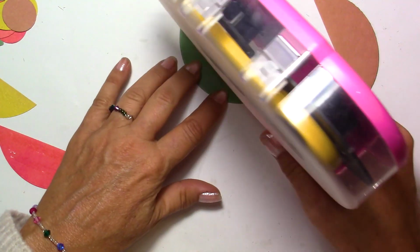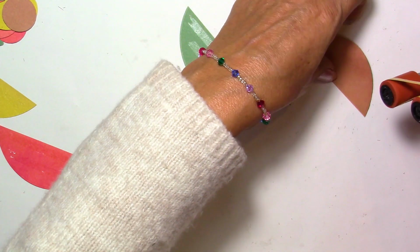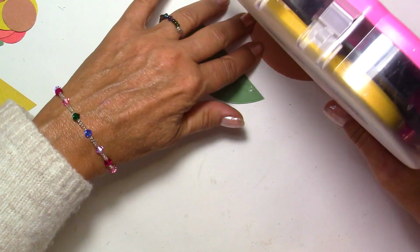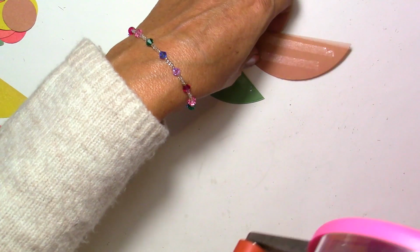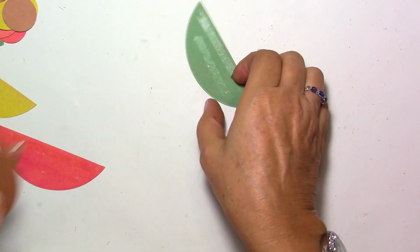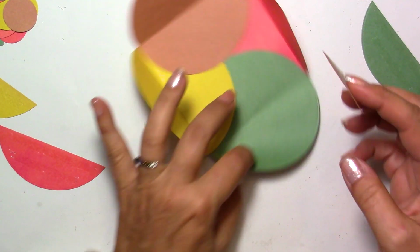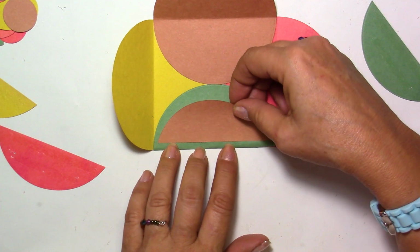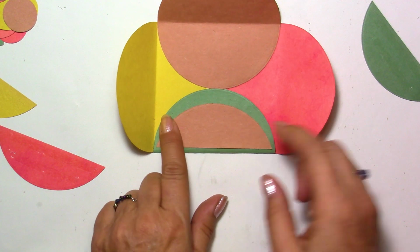Oops. One more here. I'm doing this very quickly, but you know, take your time, put more glue everywhere. That's good. I'm going to bring this piece here, and because I have my brown there, I'm going to put my brown here. There, so I still have that green color